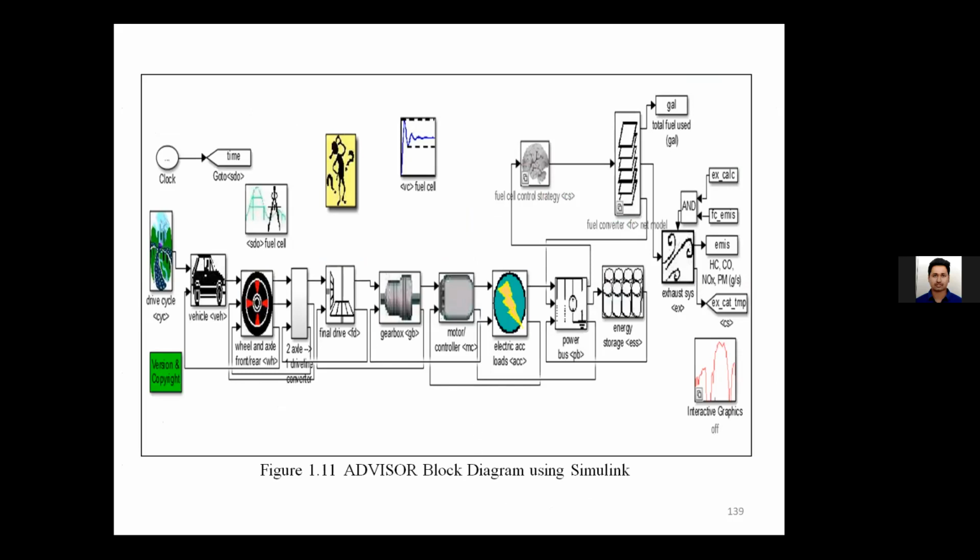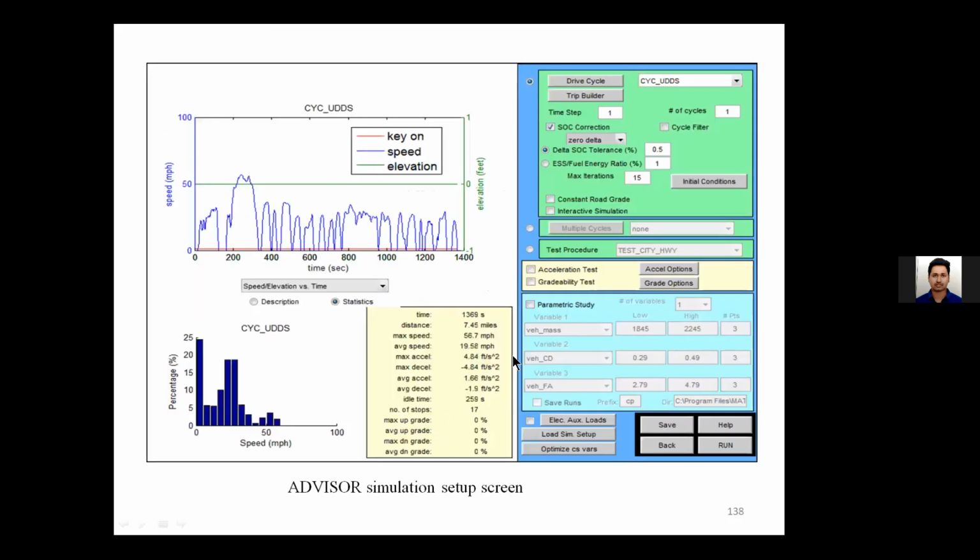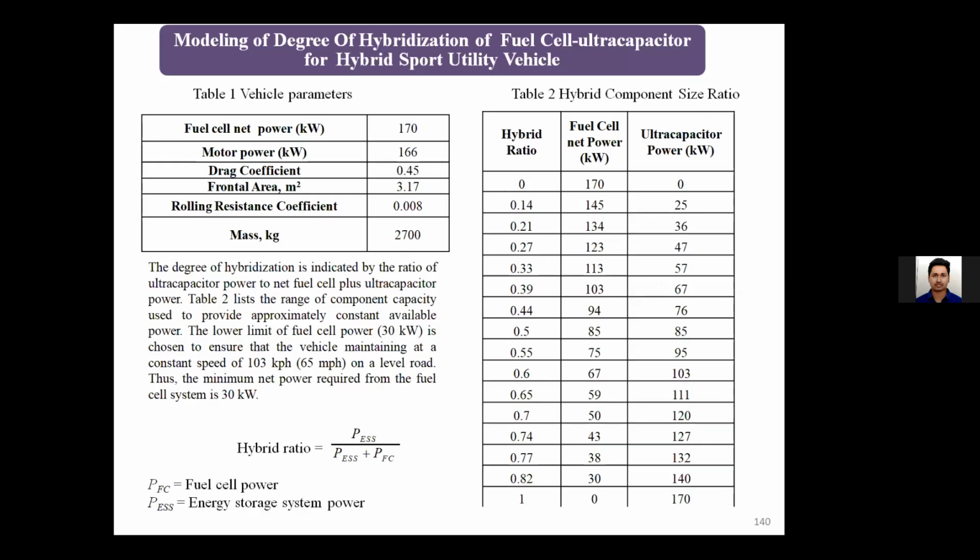Generally, an electric vehicle needs to be tested under different operating conditions or different drive cycles. So this is the overall model, and here we have some different options where we can select our required things, fuel cell combination with battery or whatever. You can select accordingly, and you can test for different drive cycles. That option is there. So those who are not aware, you can try it out.